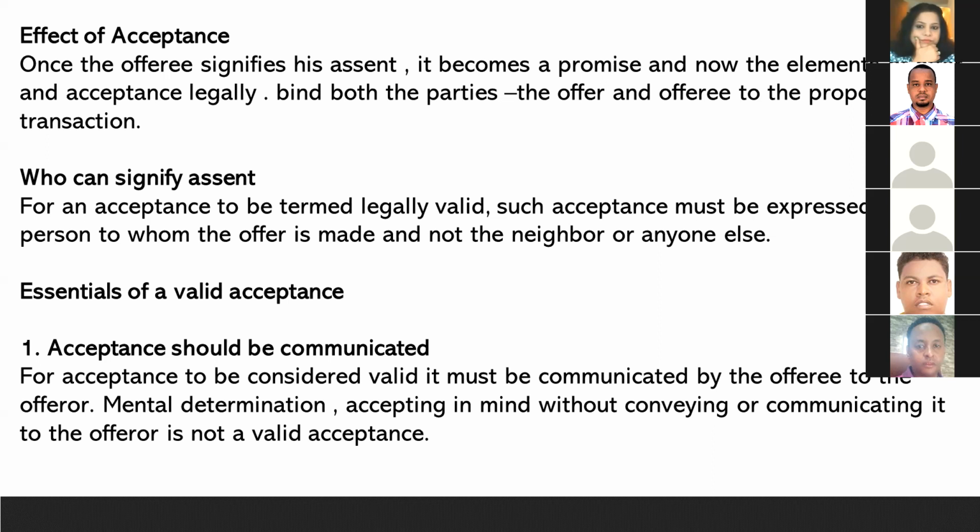Now, who can signify the assent? For an acceptance to be legally valid, it must be expressed by the person to whom the offer is made, and not the neighbor or anyone else. This is obvious, a simple factor that would normally come to your mind. For example, if you make an offer to me to sell my land, my neighbor cannot accept the offer, because he or she becomes a third party. If I make an offer to Kader to sell a plot of my land,